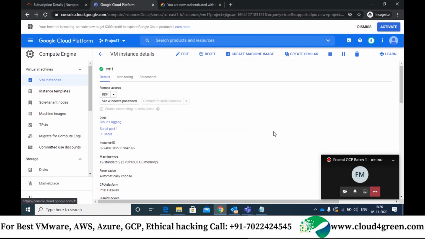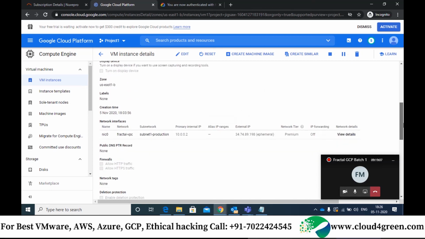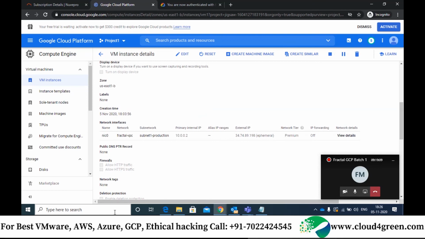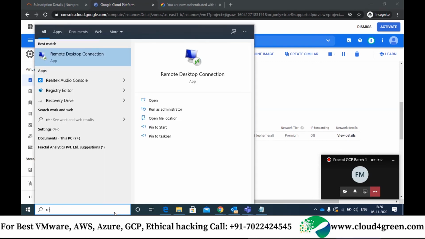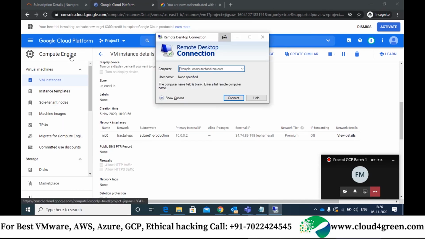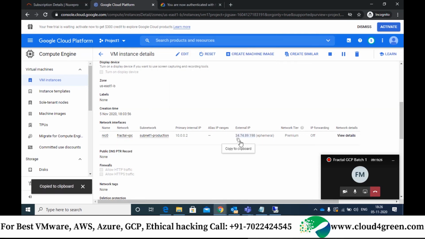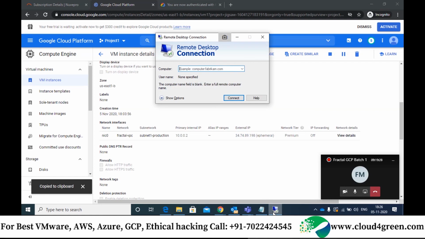Close. Paste the IP address, the external IP. Connect. It's okay. Connect.